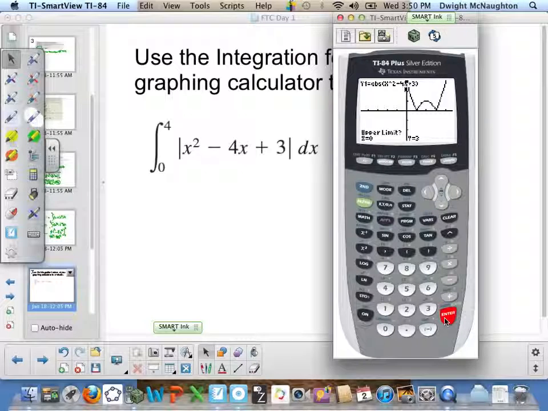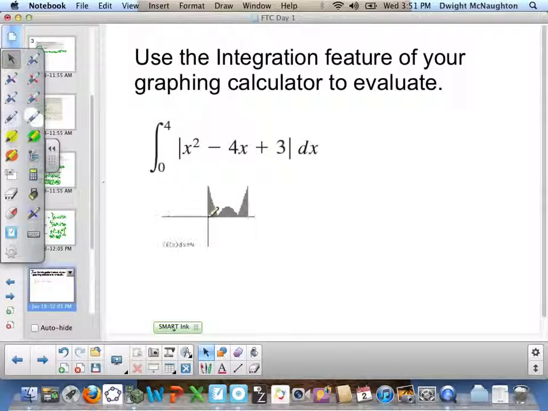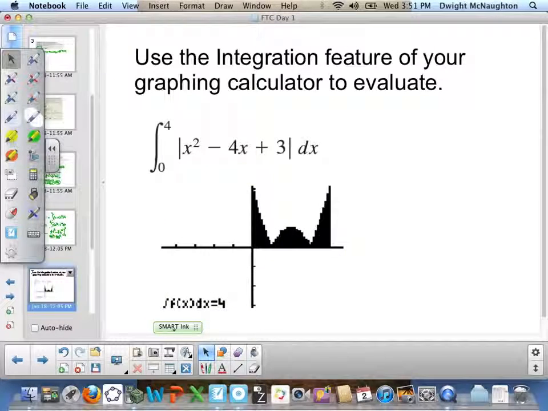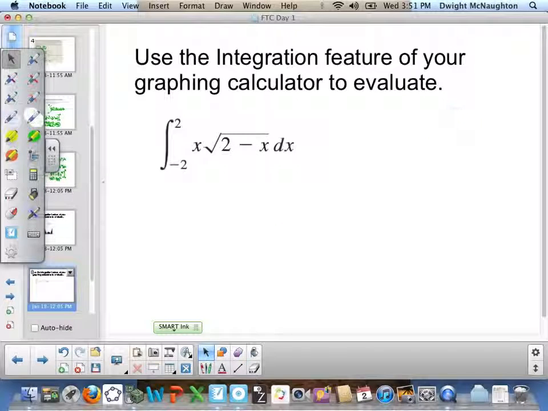It's going to say upper limit. Again, you can arrow over to 4 and hit enter, or just hit 4 and enter. I think that's the easier way. And there it will shade it in for you and tell you the definite integral is 4. So you can graph it and use the second trace feature on your calculator. Like I said, I'm going to give you two options. The other option,